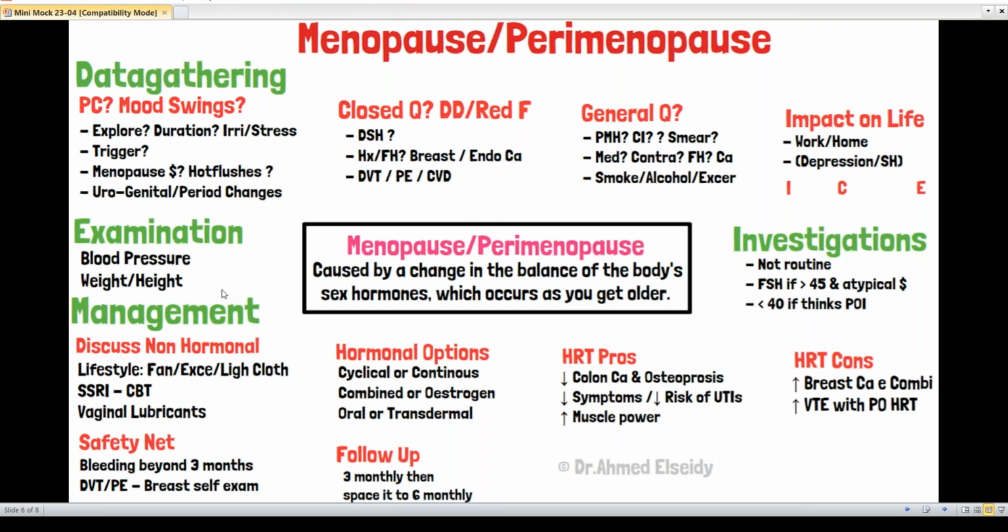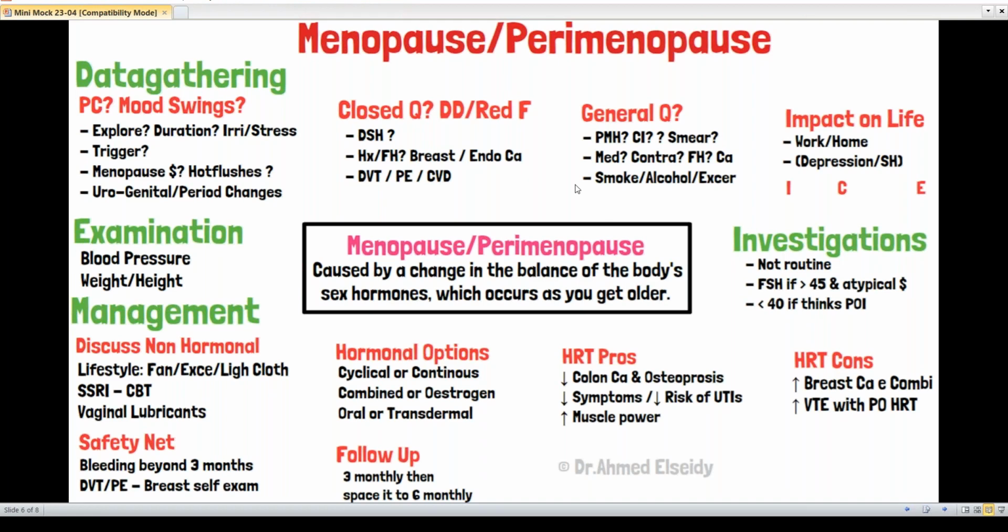Anyway, then I will start my management with a diagnosis. Having listened to you, Amy, I think you are going through the change. Okay, she will understand what is the change because she's from UK. Or you can say perimenopause or menopause. You're going through menopause. What is that? Explain it in a simple language. It's a change in the balance of the body sex hormones, which does happen when you get older, and it does cause a variety of symptoms like the one you described to me.